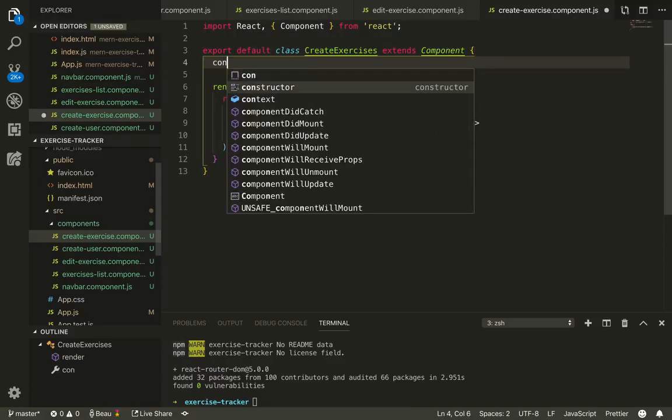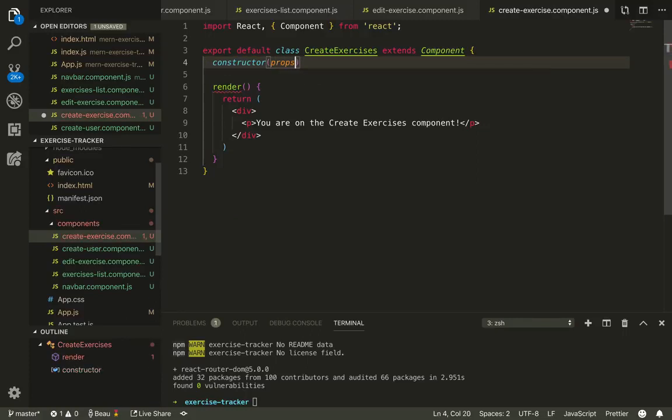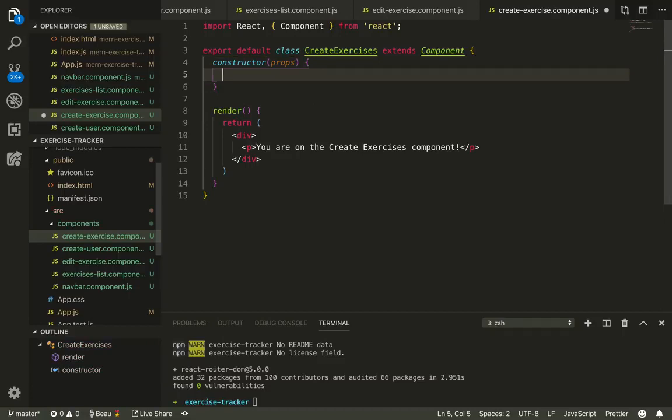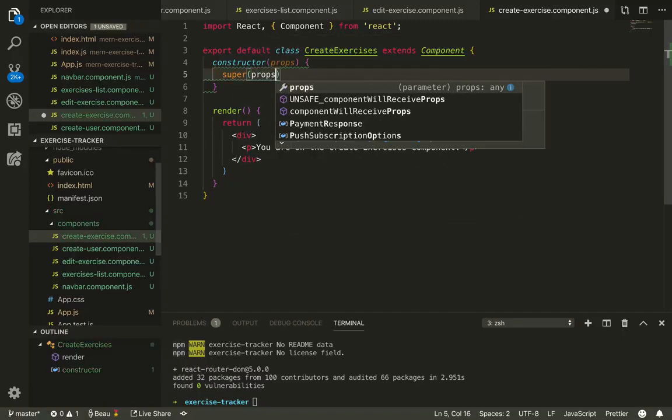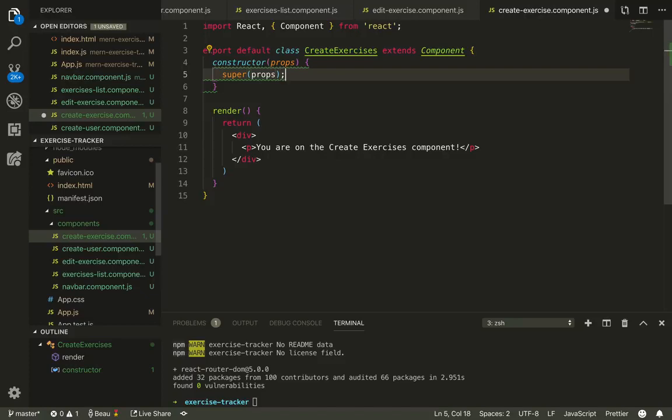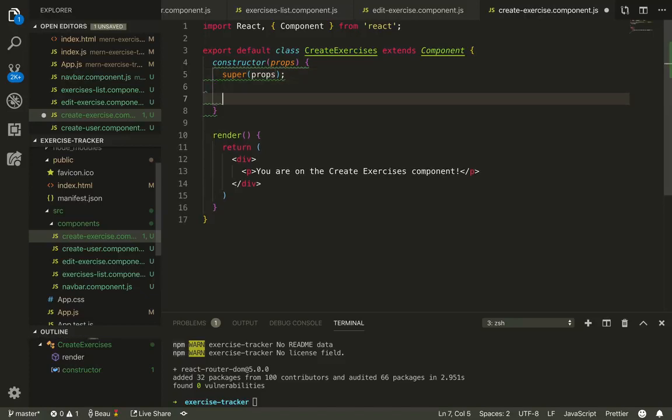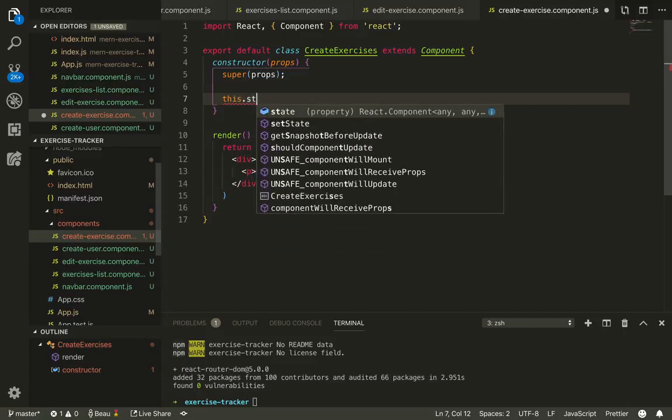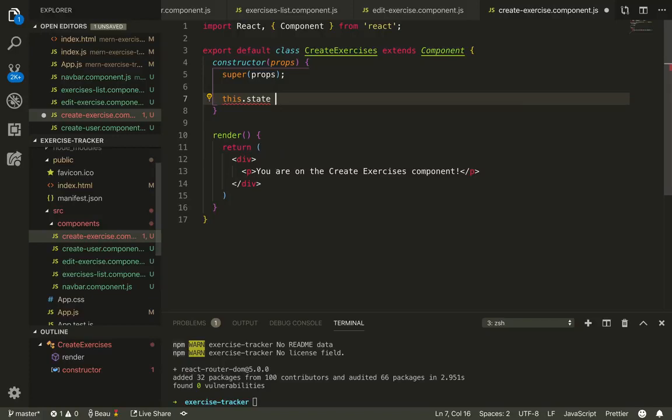And what you're going to do, constructor props. And in JavaScript classes, you need to always call super when defining the constructor of a subclass. So we're going to do that. All React component classes that have a constructor should start with a super props call. We'll set the initial state of the component by assigning an object to this.state. So do this.state equals,